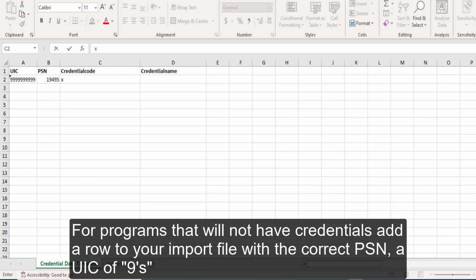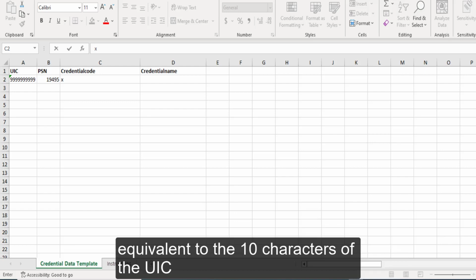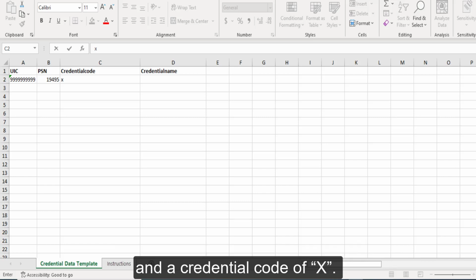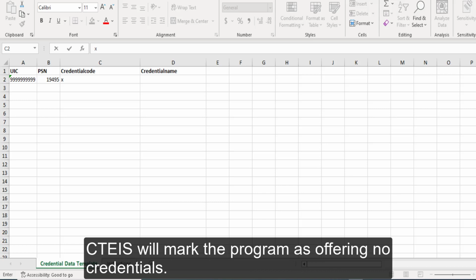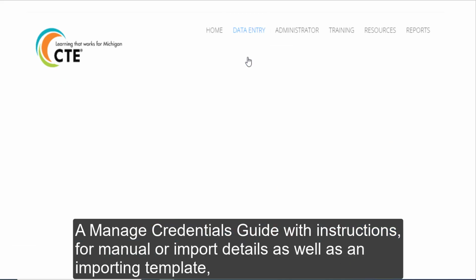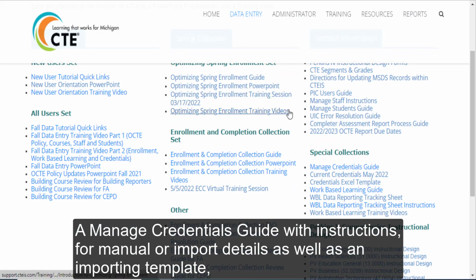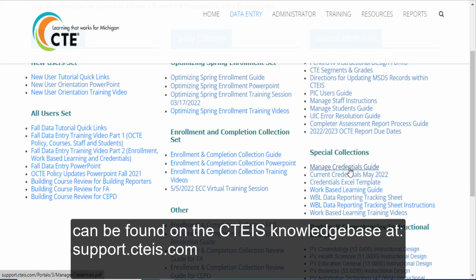For programs that will not have credentials, add a row to your import file with the correct PSN, a UIC of 9s equivalent to the 10 characters of the UIC, and a credential code of X. CTEIS will mark the program as offering no credentials. A Managed Credentials guide with instructions for manual or import details, as well as an importing template, can be found on the CTEIS knowledge base at